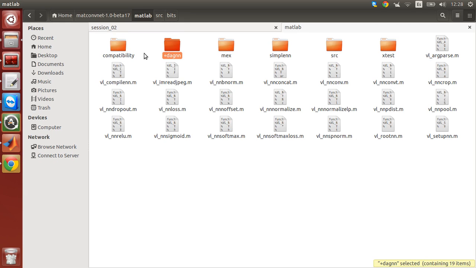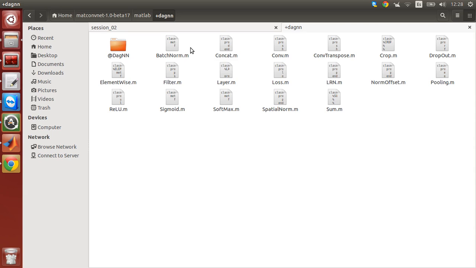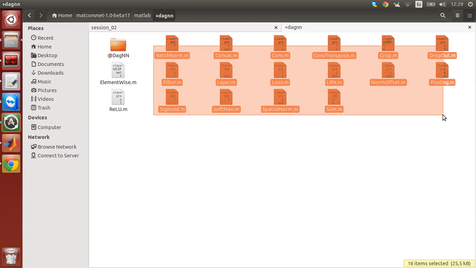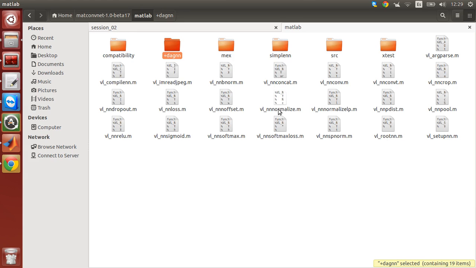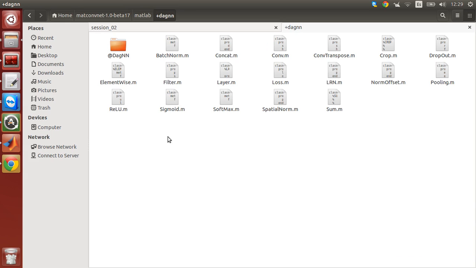As we saw last week, DAGNN is now a MATLAB object. The way you do object orientation in MATLAB is by building these sorts of folders, with a plus, that represent a class. Within this class we have several wrappers for the different layers. Here we saw the actual way to call the layers, but here we have some wrappers for those functionalities. For instance, if we open the convolution one,